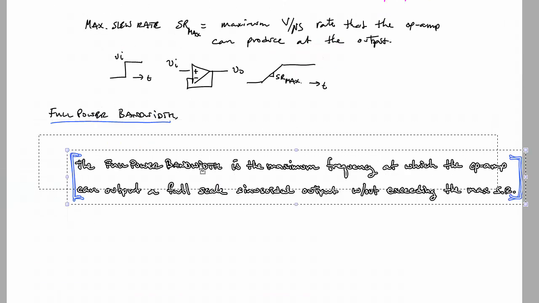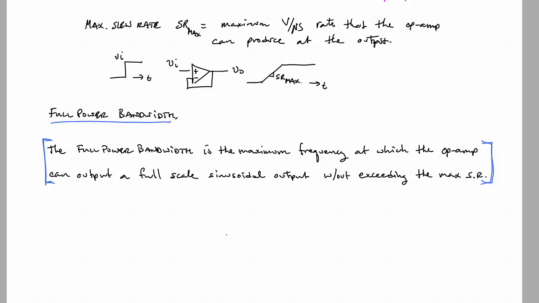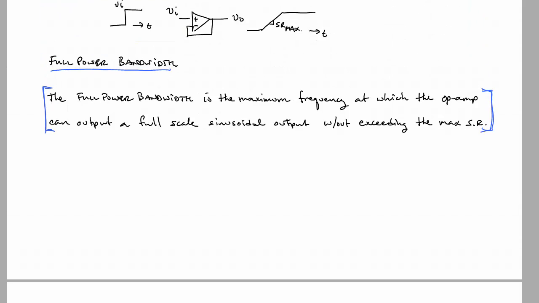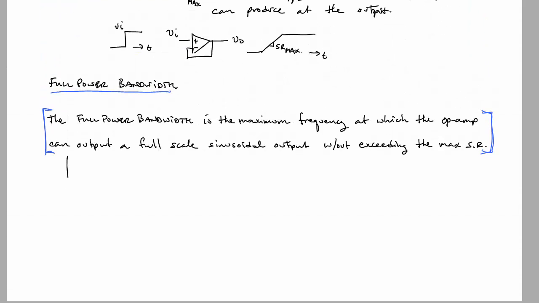Okay, full power bandwidth is the maximum frequency at which the op-amp can output a full-scale sinusoidal signal without exceeding the maximum slew rate. So that's kind of a mouthful. Let's digest that here. So the first thing is we want to put out an output signal that's sinusoidal,